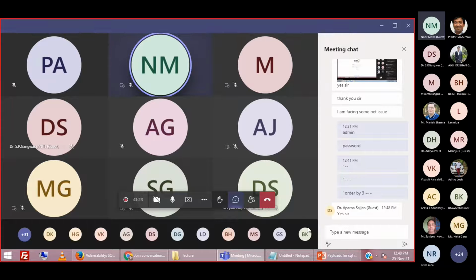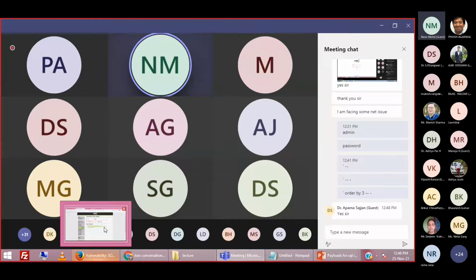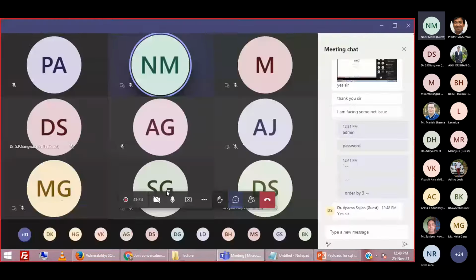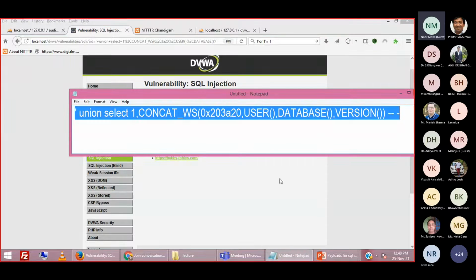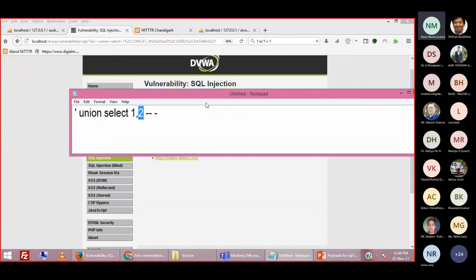Right. So we have just extracted the username of the website. We have extracted the database name and we have extracted the version. So let us move ahead. Now we are going to put a different payload here.